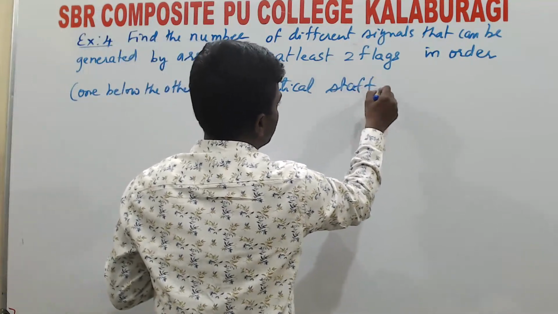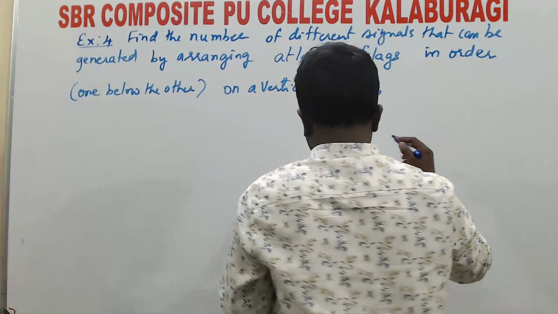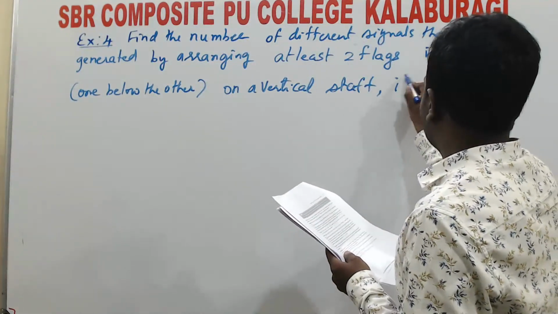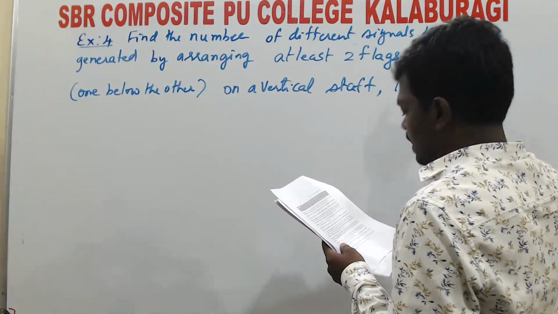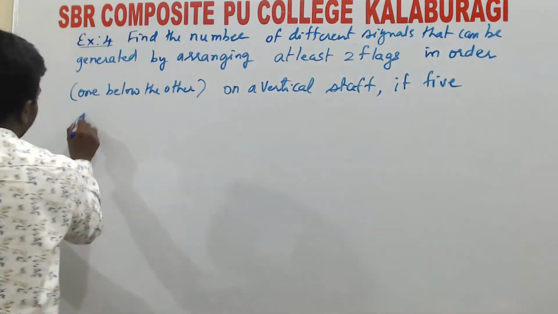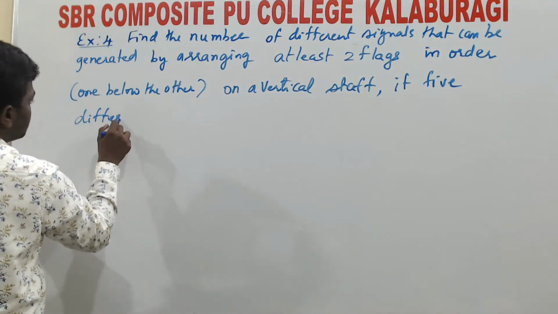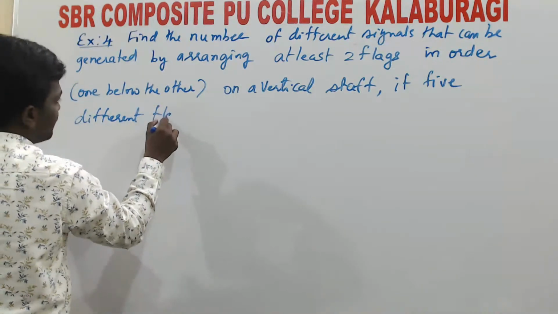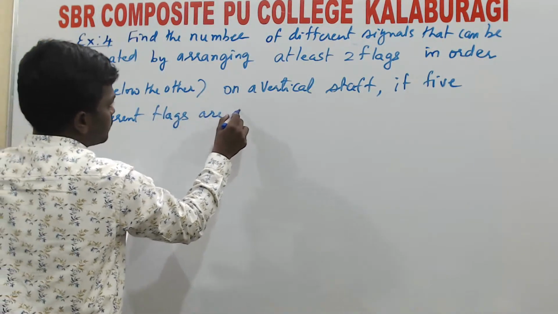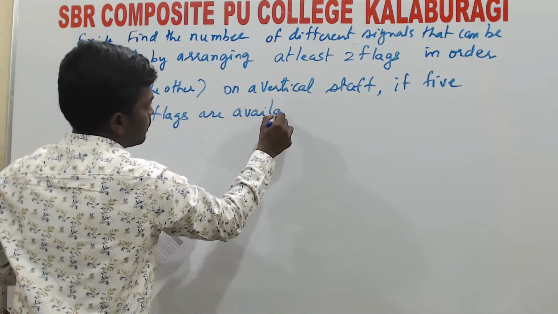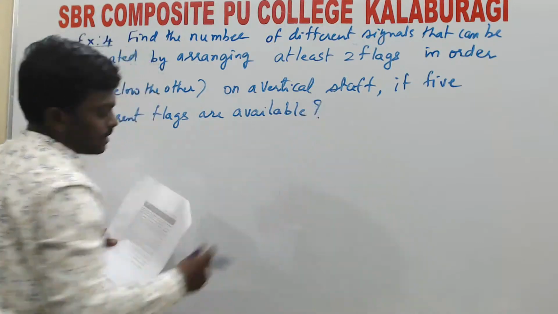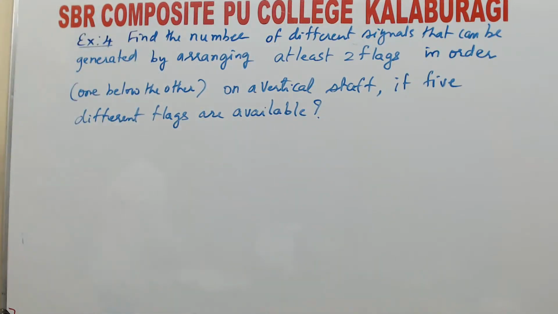Vertical staff is nothing but a kind of flag post. If 5 different flags, if 5 different flags are available,